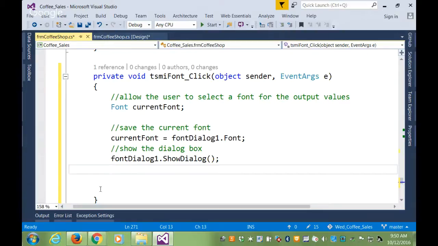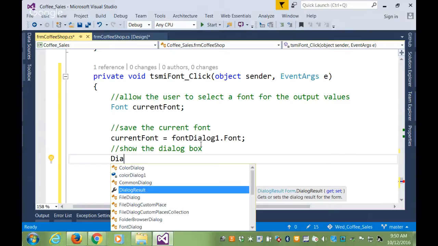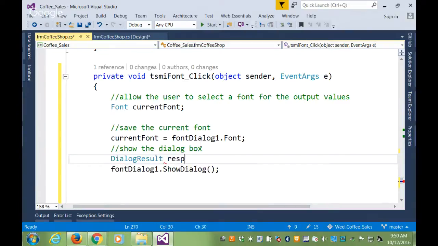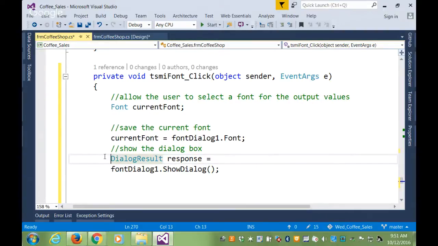So if I wanted to do that, just to show you, I would create a dialog result response. I'll just put it on a different line so that I can comment it out easily. And then I can do something like this. If the user says okay, it's all programming, nothing else. So we can say if that response, oh, it won't show it to me till I